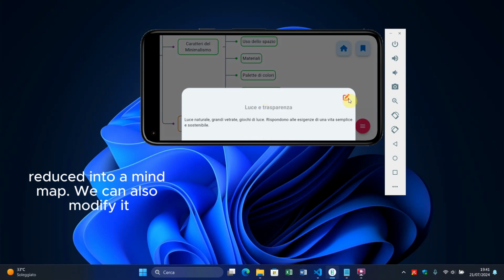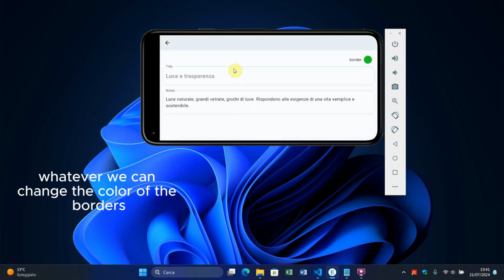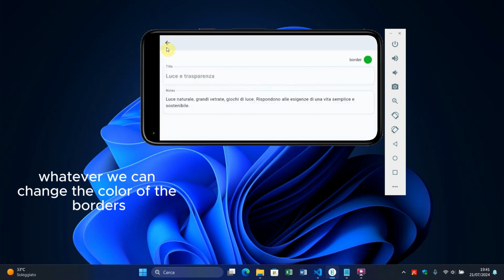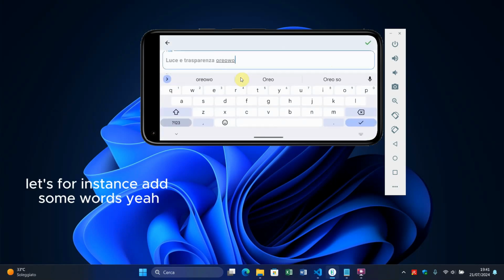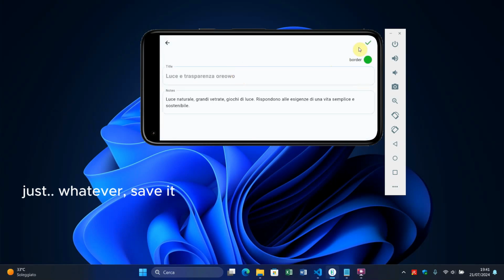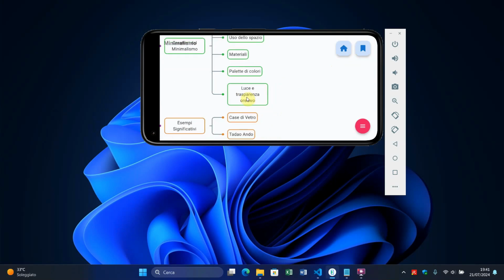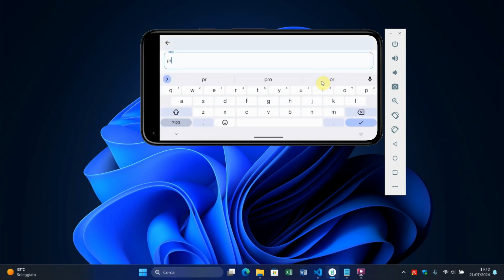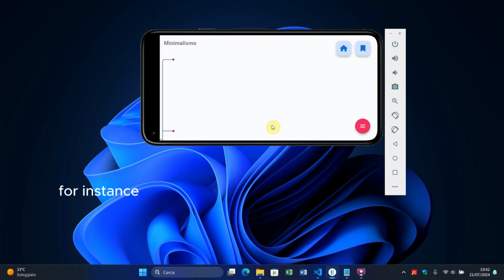We can also modify it. We can modify the title, the notes, whatever. We can change the color of the borders. Let's, for instance, add some words here, just whatever. Save it. We can also add a new child. For instance,